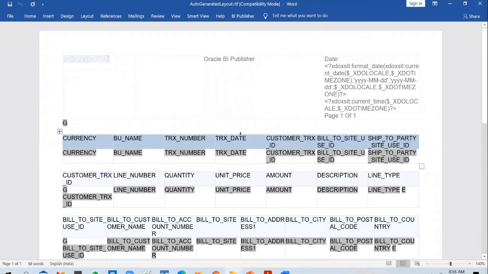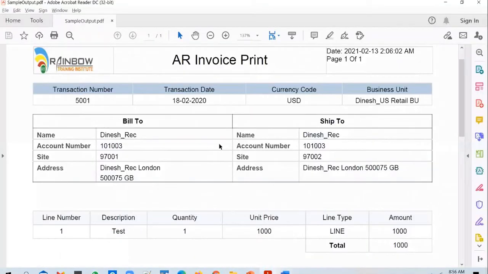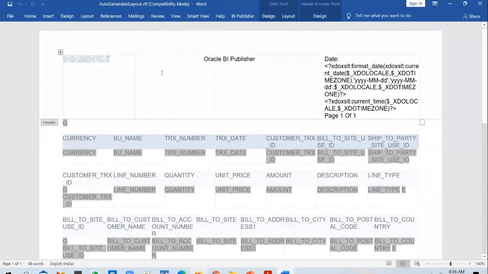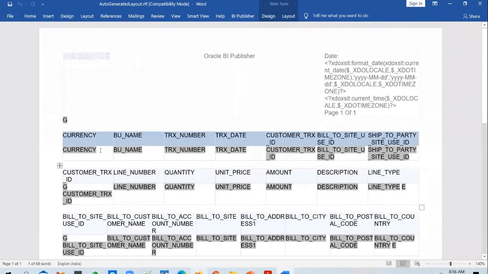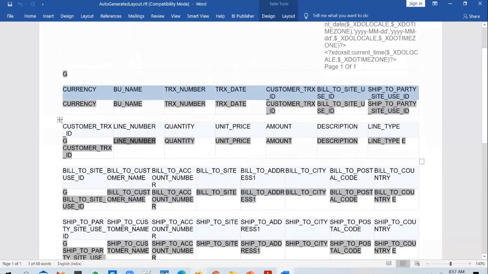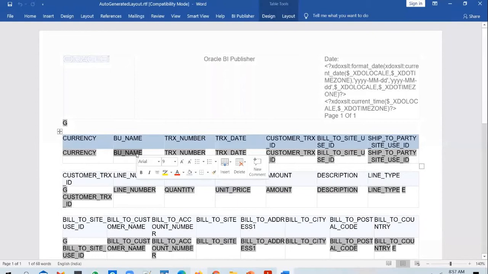All the features that you use here to design a layout or to change this layout into a layout that looks like this, all you need to know is how to use Microsoft Word, nothing more than that. And if you look at this document that is generated, what Oracle will do by default is stamp the Oracle logo. It will have a default tag and it will print a date and timestamp, and a page number. And if you look at the RTF layout, you will see these tags.